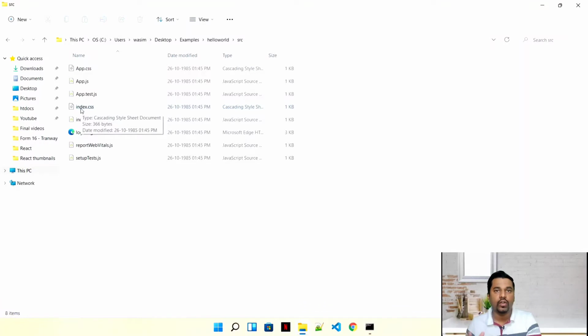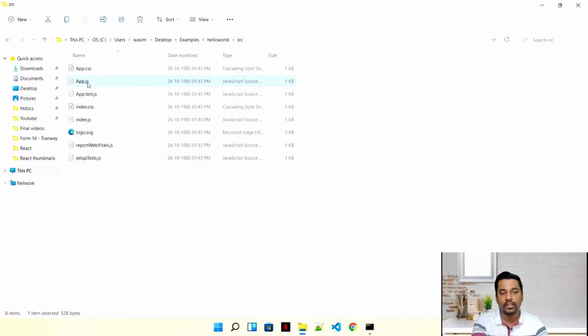But we are going to create our own folder structure, our own hierarchical structure here. And let's see, some of the files are over here. The two most important files in this whole folder are index.js and app.js. You have to remember this. What is this index.js? What is this app.js? We are going to see right now.